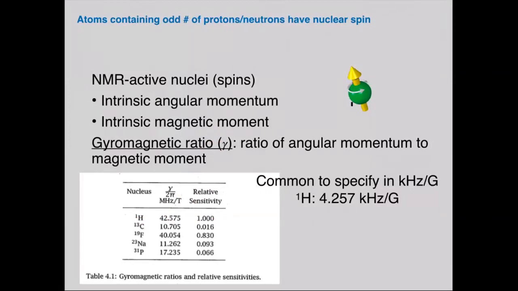So some of these units: 1H would be 42.575 megahertz per Tesla, or 4257 kilohertz per Gauss. So it gives you the relationship between the field and the frequency of resonance. At 1 Tesla, hydrogen will precess at 42.575 megahertz. At 3 Tesla, it would be 3 times that. So that's where we get the 127.7